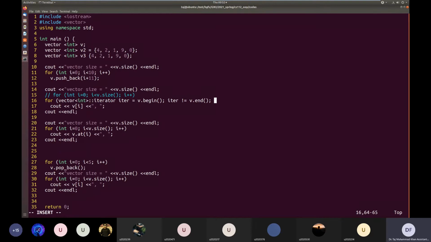And then to move to the next element, to keep compatibility with the for loop and I++, the plus plus operator is overloaded for these iterators. So I can do iter plus plus, and it will move to the next element.